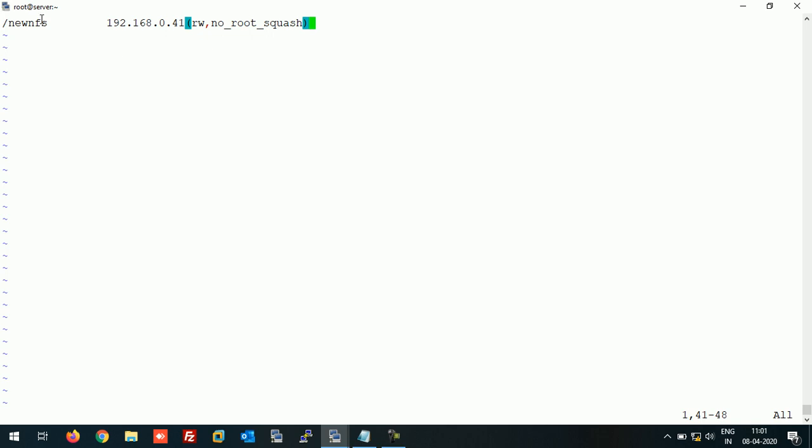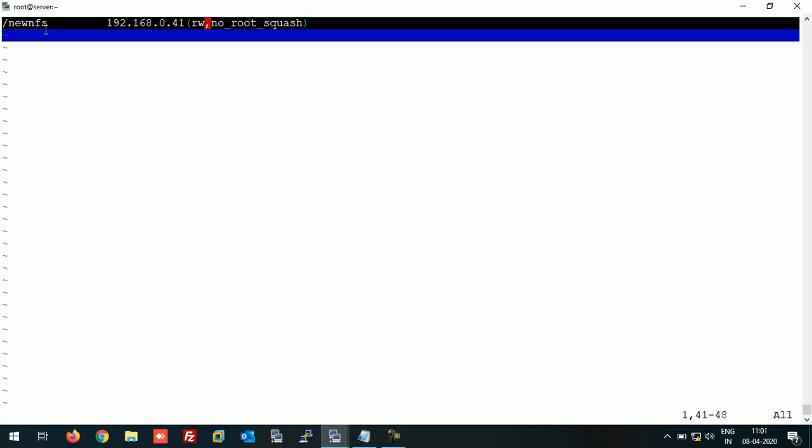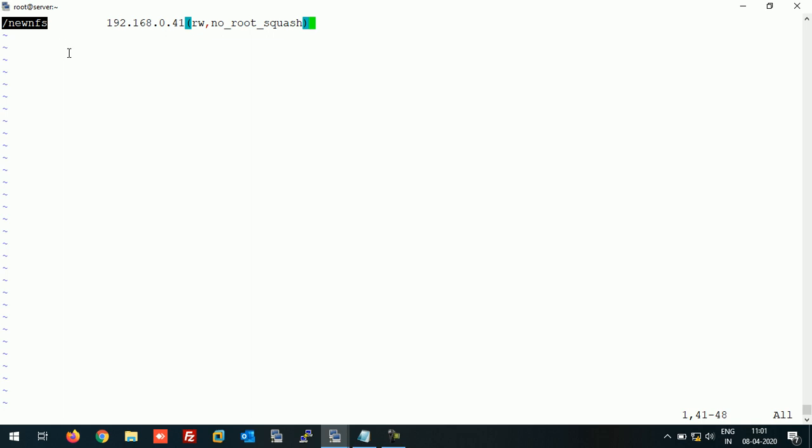Here, this "new NFS" is our share directory, and this is the IP of the client machine. We can also use the host name instead of an IP address if you have a DNS server. It's also possible to define a range of clients by simply using the subnet, and rw is the writable permission to the share folder, and this no_root_squash